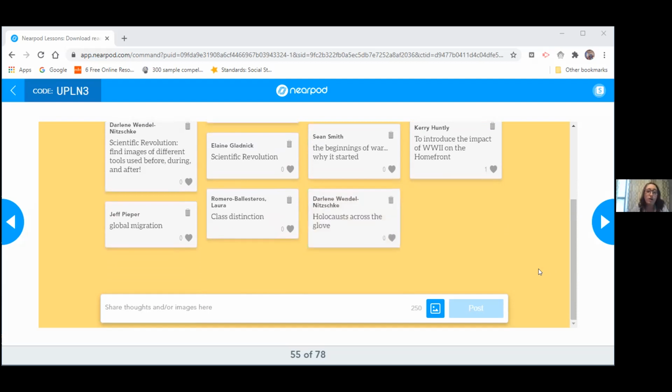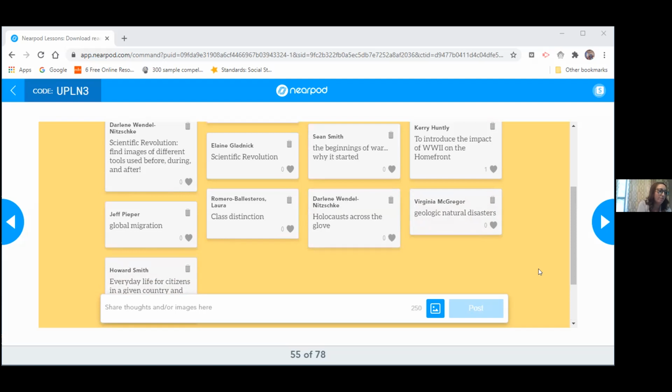I could see the Holocaust also being a good one for you to utilize here. My teachers do teach the Holocaust in 7th grade still, along with World War II. And then they also teach it again in 8th grade. So they're getting it twice but in different contexts. So you still could teach the Holocaust here.